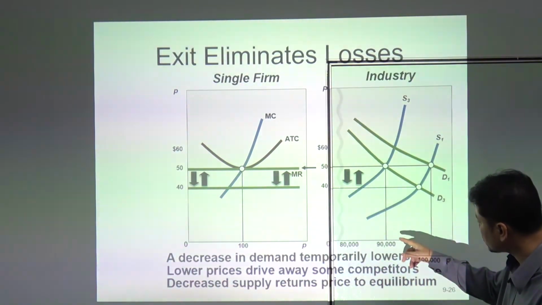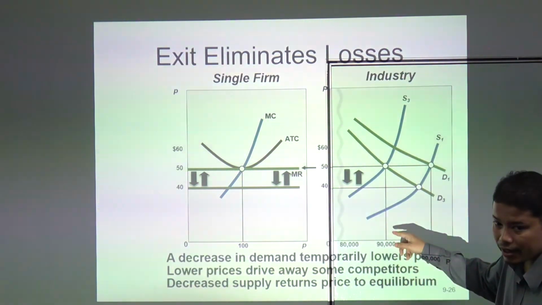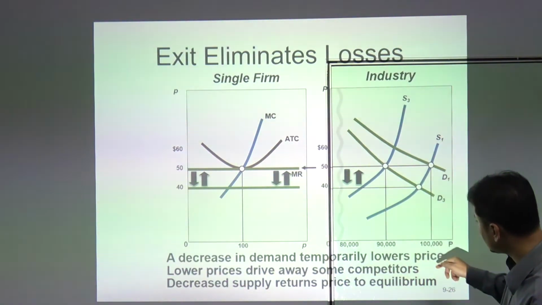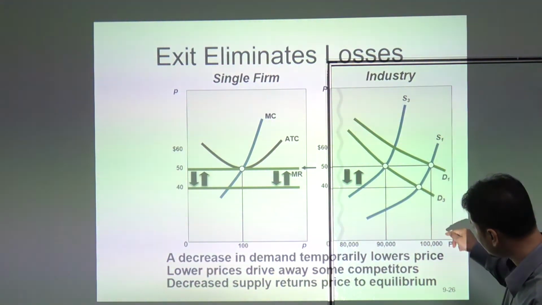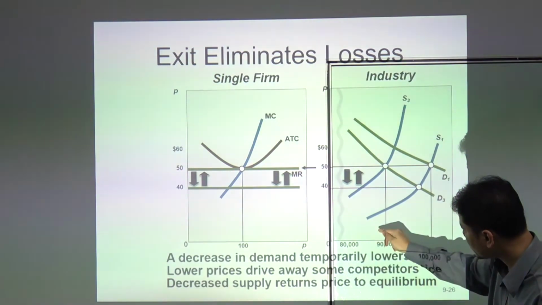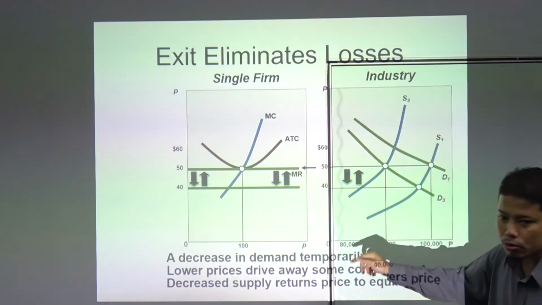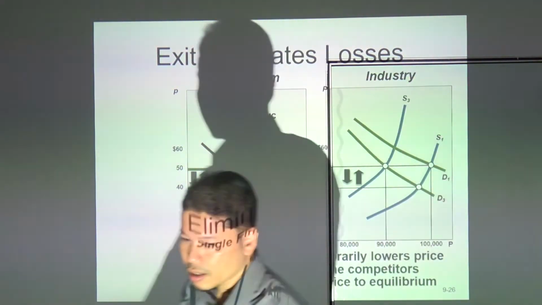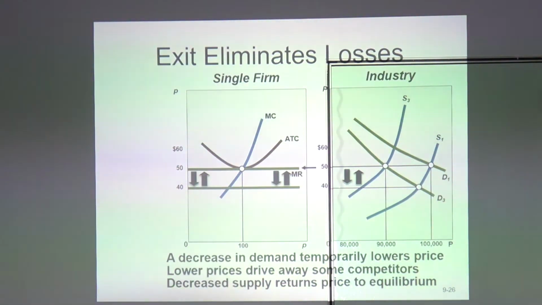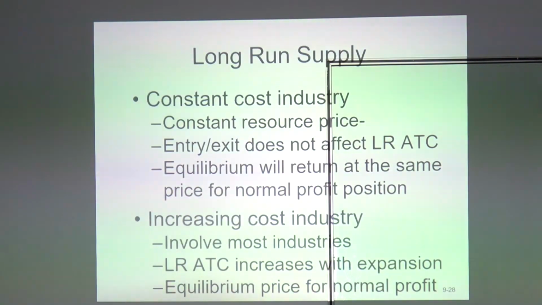So the new equilibrium is the intersection between D3 and S3. When you combine the old equilibrium D1 S1 and the new equilibrium D3 S3, you will also have a perfectly elastic supply curve. So for a constant cost industry, you have a perfectly